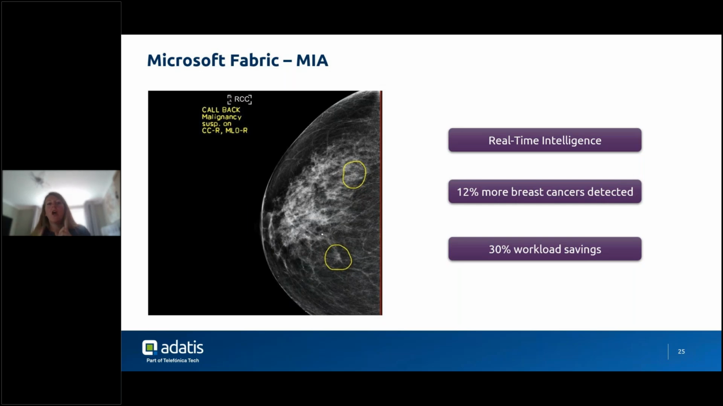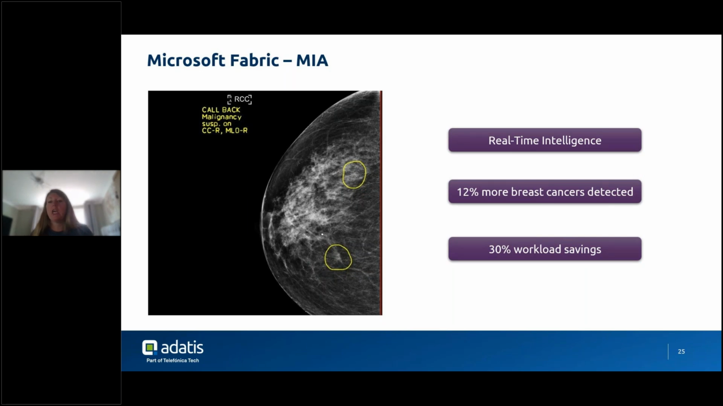So the current process is one doctor will have a look at the scan and look for any anomalies, and then a second doctor will do the same, and then they come together and both report their findings, and if they agree somebody needs to be called back, they call back, and obviously if they don't, they don't. So obviously the human eye can only detect so much, so they've built this extra program called Mia